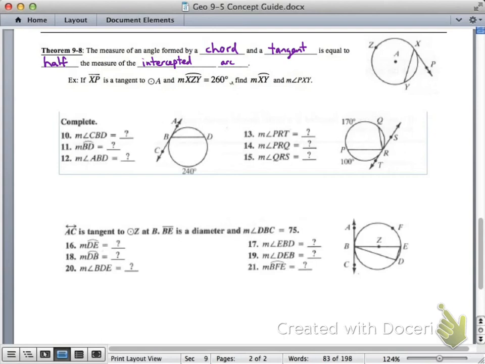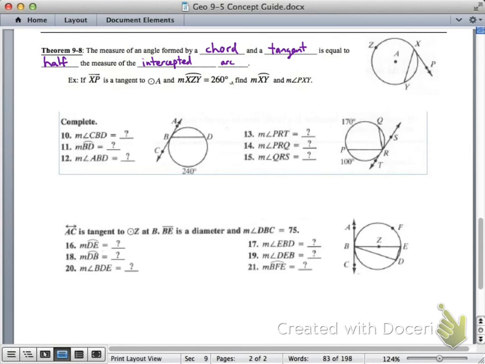It's not an angle in the circle because one of the pieces of the angle is not in the circle at all. It's tangent to the circle. The other piece is in the circle. But the fact that the vertex is on the circle is the key thing. Because the vertex is on the circle, we end up with the same formula as we had before. The measure of this angle is equal to half the measure of the